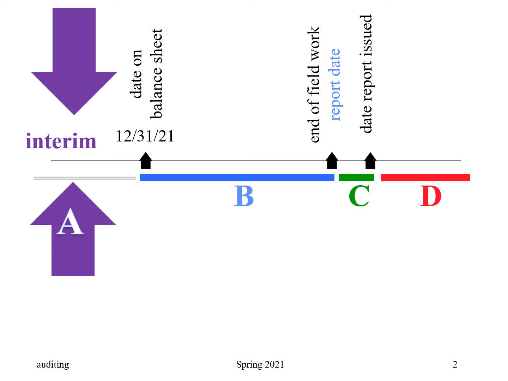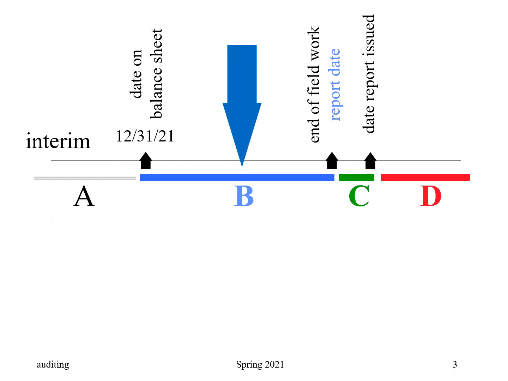Internal control work, do a lot of internal control work throughout the year, and it's for 2 reasons. Number 1, it needs to be done. Number 2, it's an attempt to smooth out the work a little bit. So interim is work you do prior to the date on the balance sheet. So 4 periods, interim B, that's where we're going to start. We're going to start after December 31st, the date on the balance sheet. We can't actually start the audit until they've completed their financial statements. So that's where we're going to start our audit.